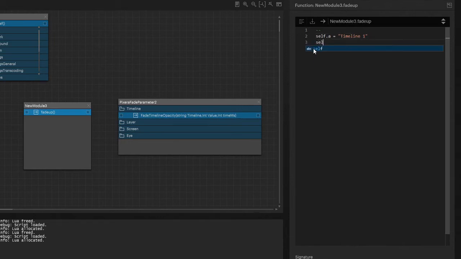Okay, I'm going to have my self.b, and that should equal 1 because I want to have the fade up now, so I want this timeline to go to opacity 1, and my self.c, that is going to equal 5,000 milliseconds. Okay. Now I've just defined my variables. Now I need the whole program to actually pass those on. And I'm going to need to define the order in which the values are going to be passed on. And I must start with the string timeline, and after that I want to send the integer value, and after that the integer time in